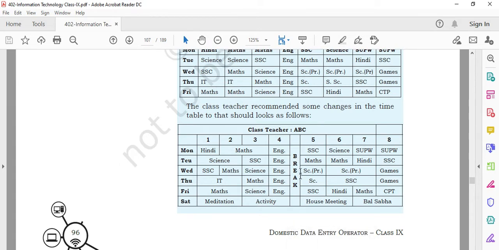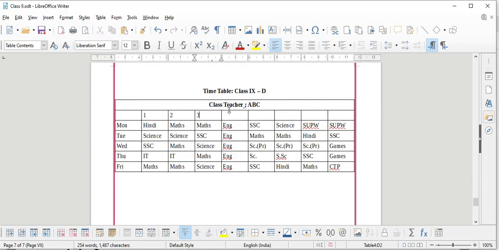For making this break, we need to insert a column. For inserting one column here, I'll select this column. Before the column where I want to insert, I'll keep my cursor in it, and then go to columns before.